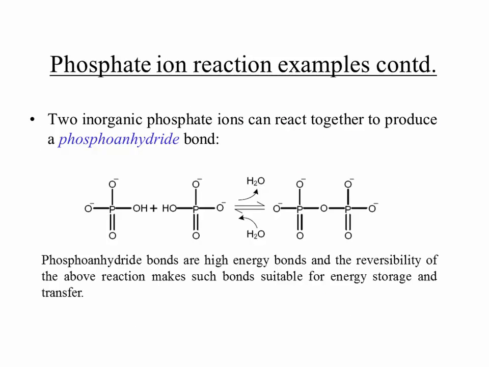Then this particular reaction is extremely important. Two inorganic phosphate ions can react with each other with the removal of a water molecule. So you see those two hydroxyl groups in the middle. Between the two of them, you remove a water molecule, and you form a new bond between these two inorganic phosphate ions, and that is called a phosphoanhydride bond. Again, anhydride because it is formed by the removal of a water molecule. And this is a high energy bond, and this is actually the bond in which the energy in all